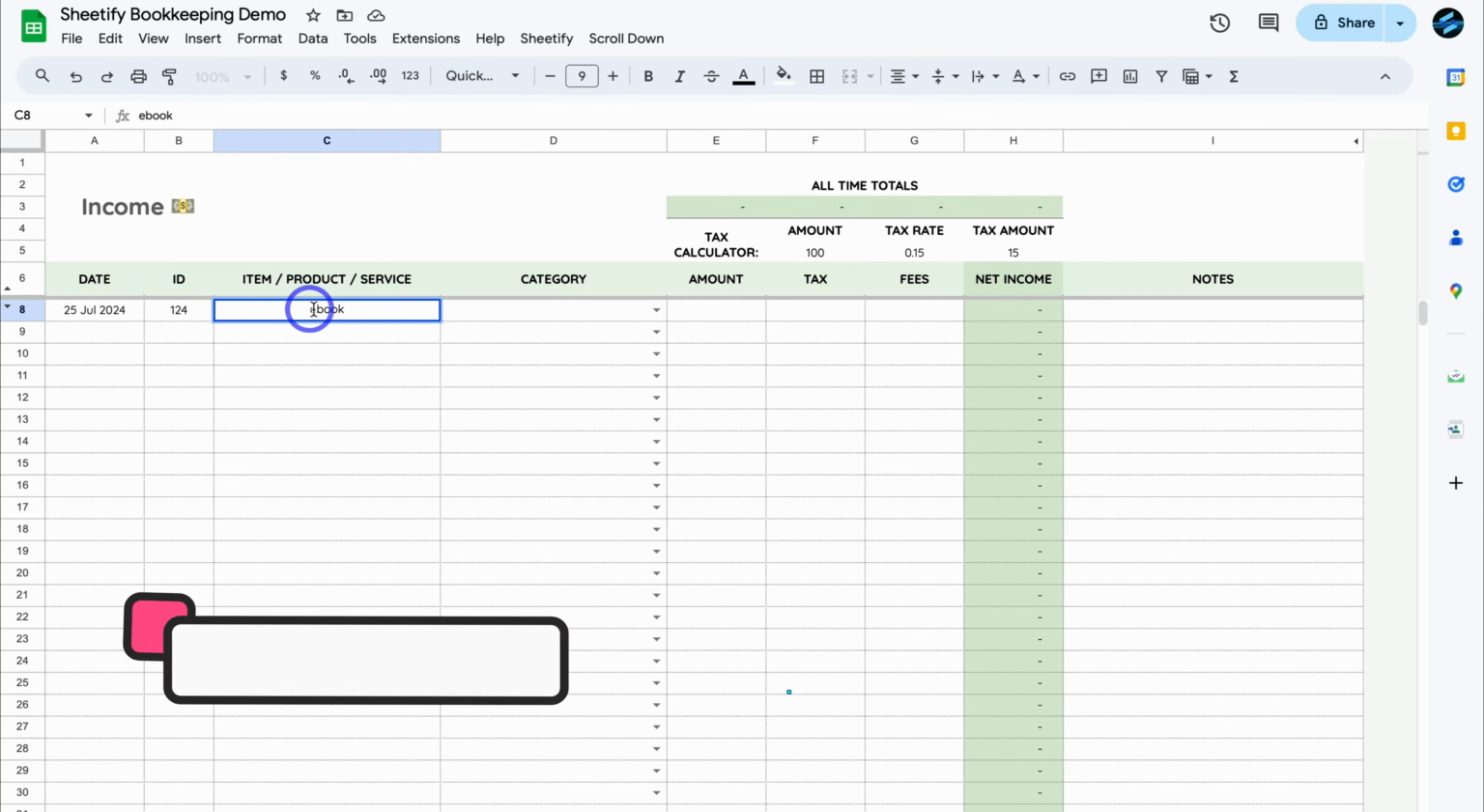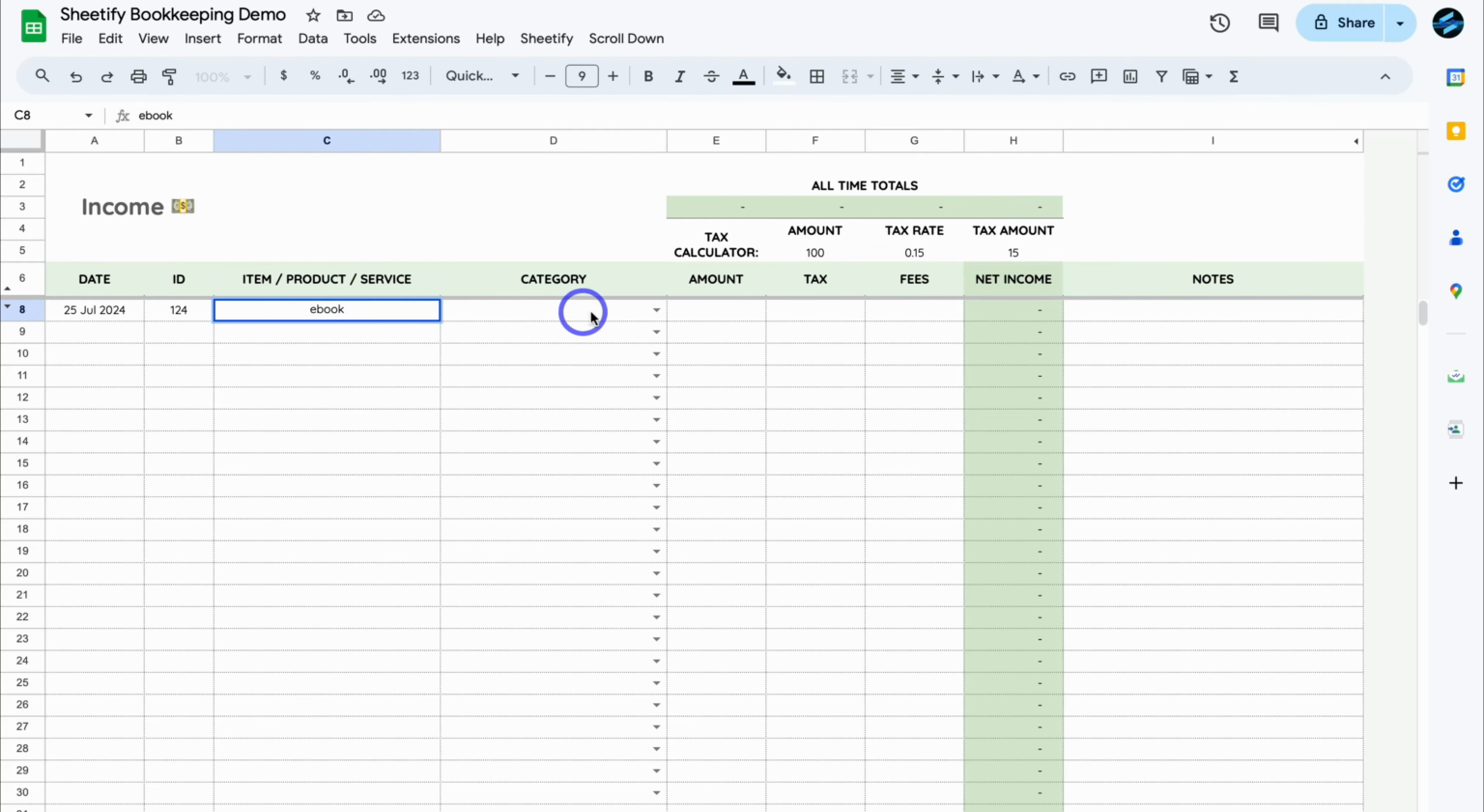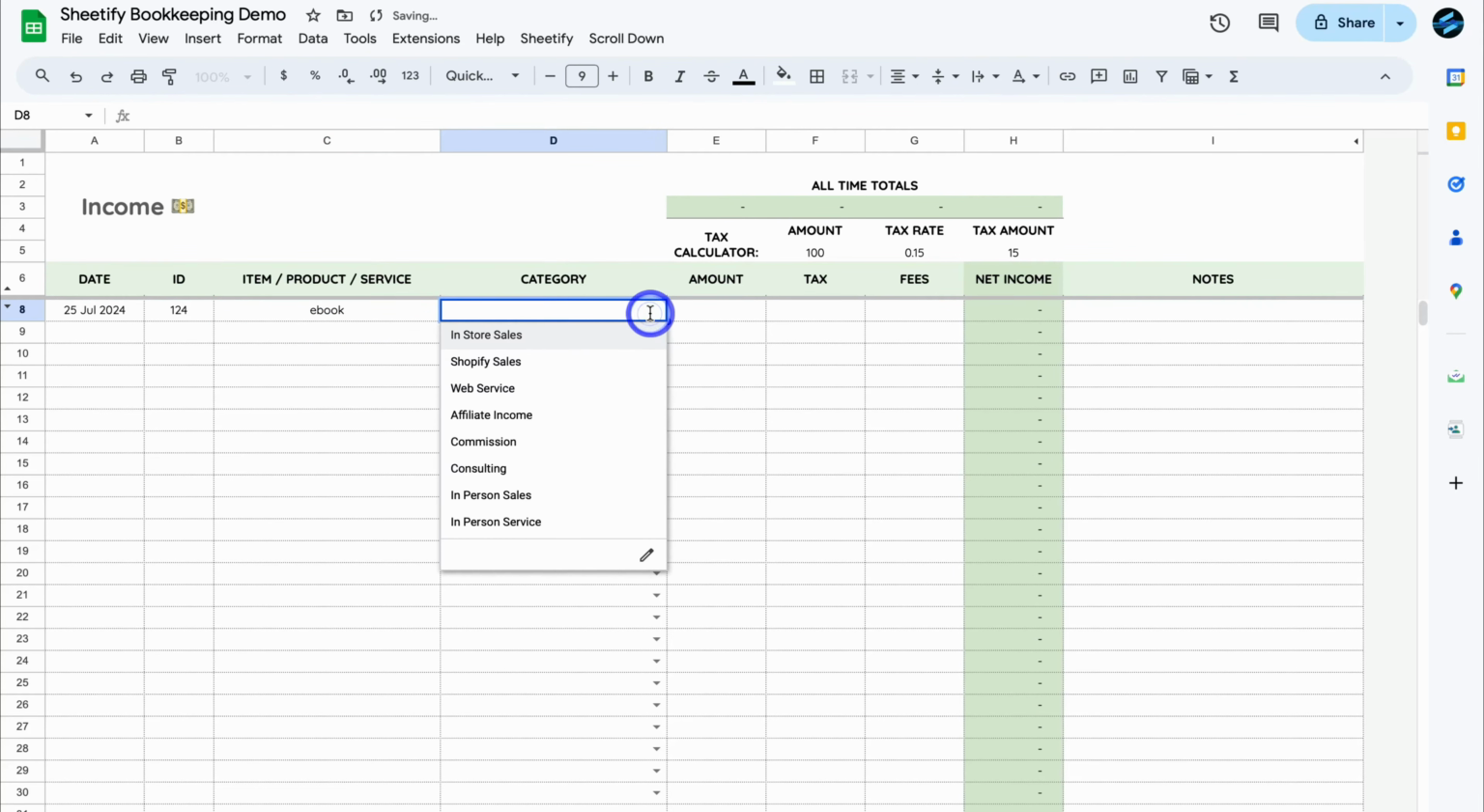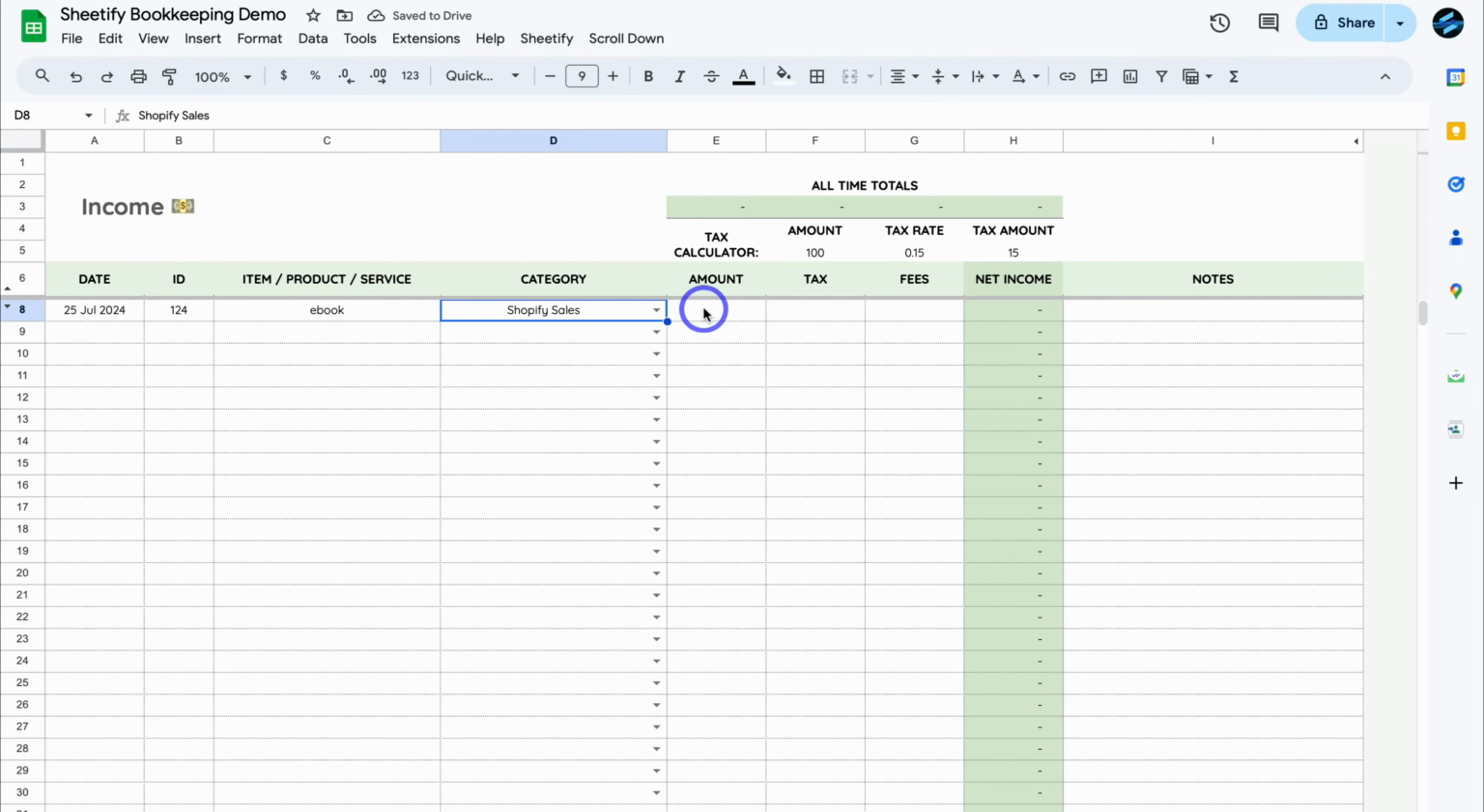This income transaction is from an ebook that we sold, and if I navigate across here, I can choose the category. Let's say I sold this product via Shopify sales, then add the amount, as well as tax and fees where applicable. Now what we can do is also leverage this tax calculator to determine the amount of tax that we need to pay. For example, I'm going to add 59, which is the price of this ebook, which we just sold, and let's say the tax rate